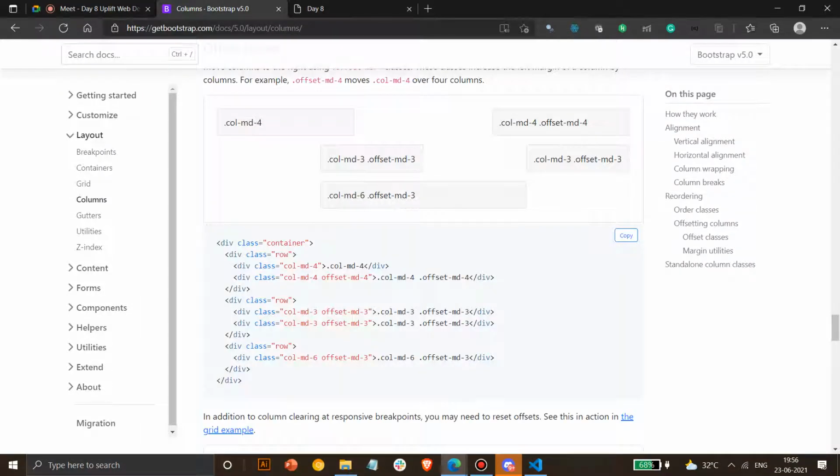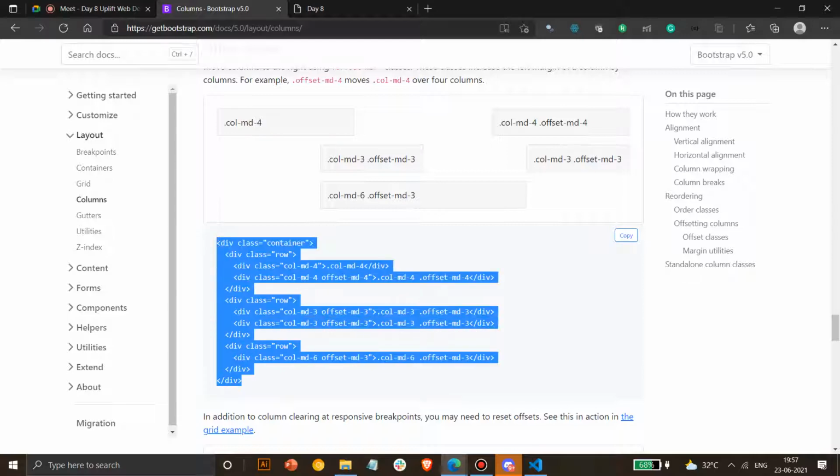So suppose you have to start a column from center, you don't have to give something here, you have to leave some space here. So it can directly start from offset MD3, so it will directly start from the third unit and provide 3 spaces because col MD3. It will leave 3 spaces. Same thing here also, it will leave 3 spaces and start from 3. So total 3 plus 3 is 6, 3 plus 3 is 6, so total 12. Okay, so that's how it is.